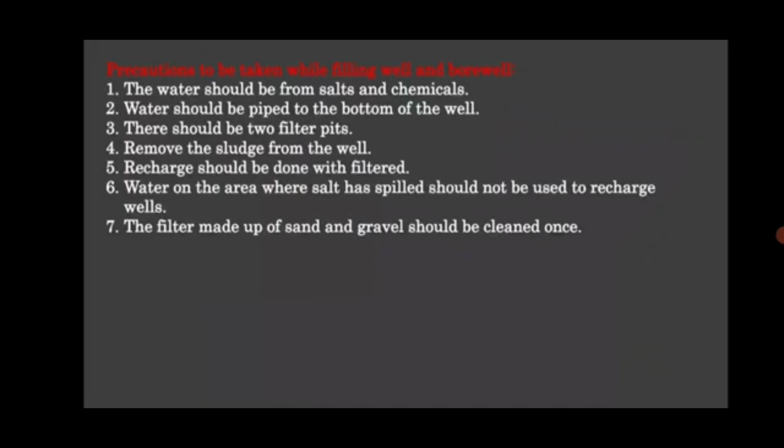Now the water on an area where there is salt spilled, the water which is there on this salty area should not be used to recharge the wells. Then the last one, the filter made up of sand and gravel should be cleaned once before they are used, and it should be done before rainy season only. So with this we have finished the